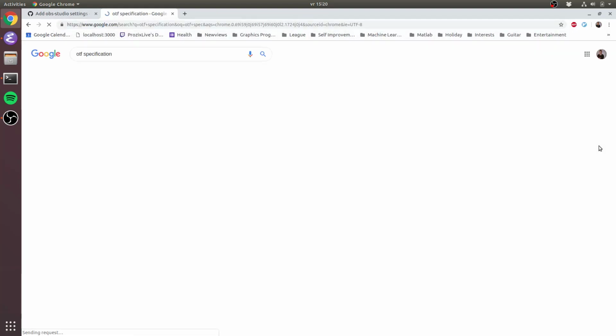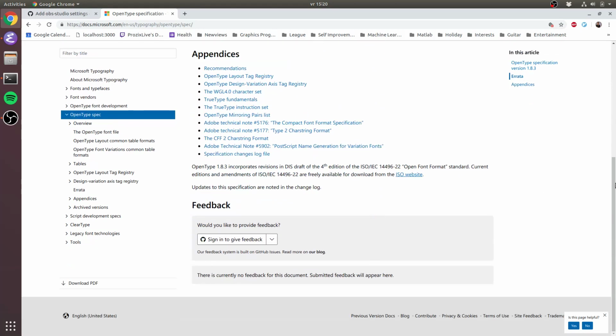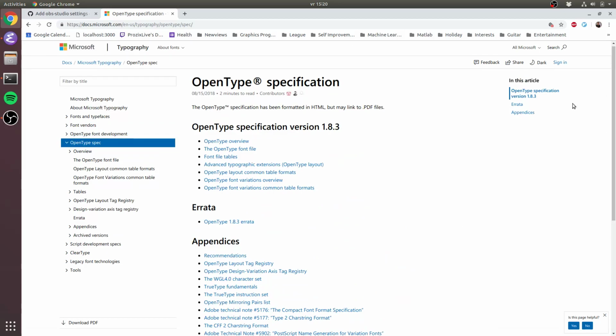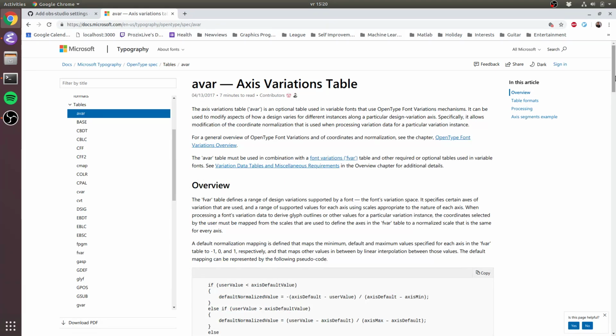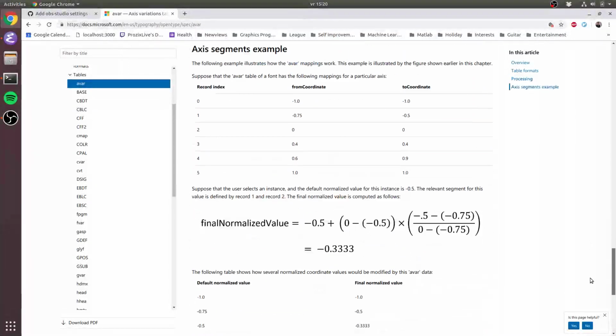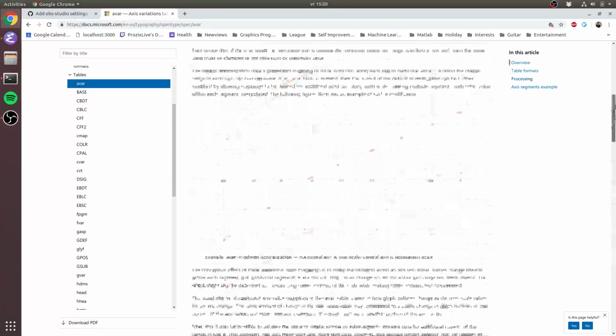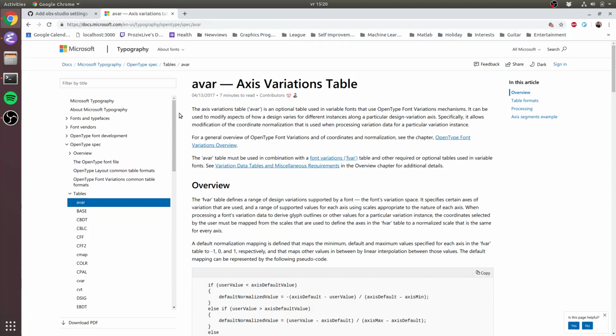The OTF specification is maintained on Microsoft Docs, and it looks clean, but then it's very messy, in my opinion. Well, you just need to learn how to look at it, and also there's so much information that it's hard to really get a feeling for what everything means exactly. Anyway, the OTF font format